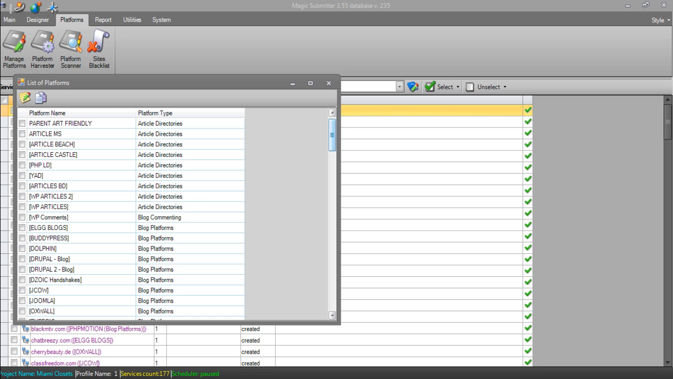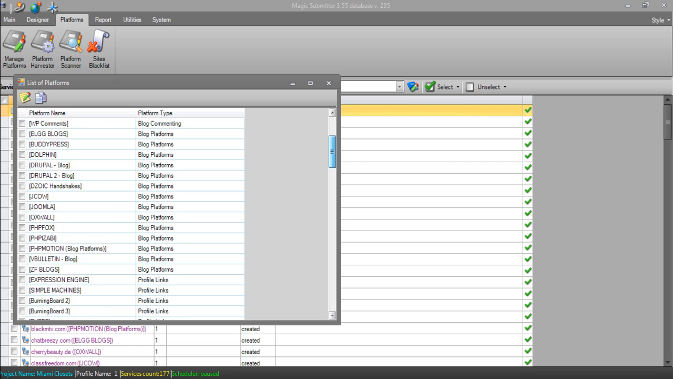However, there are many other types of open source scripts out there, and here's just a few of them. Parent Art Friendly, or Article MS, or Article Beach, Article Castle. If we go down to blog platforms, there's ELGG, BuddyPress, Dolphin. And as we scroll down here, we can see that there's different open source scripts, which Magic Submitter calls platforms, for many different platforms. We've got here things like article directories, or we've got things like blog platforms, we've got